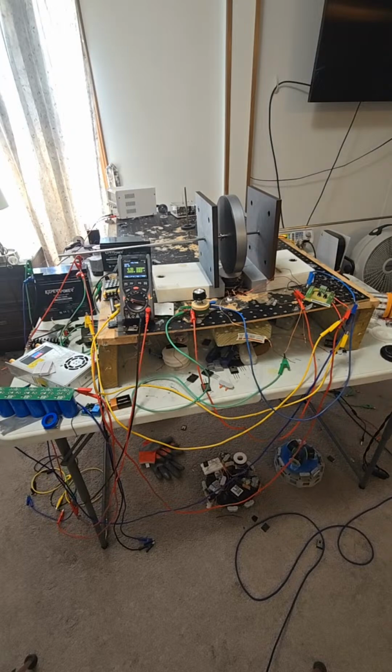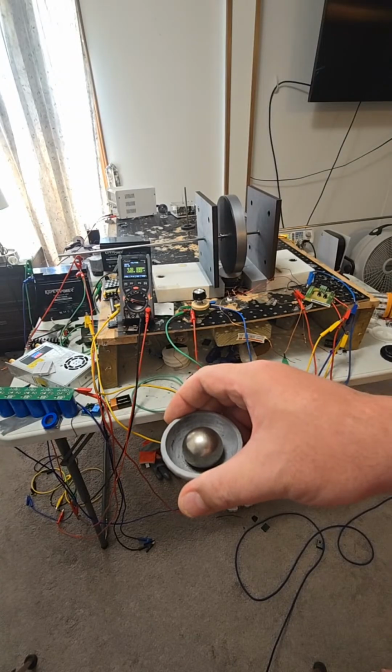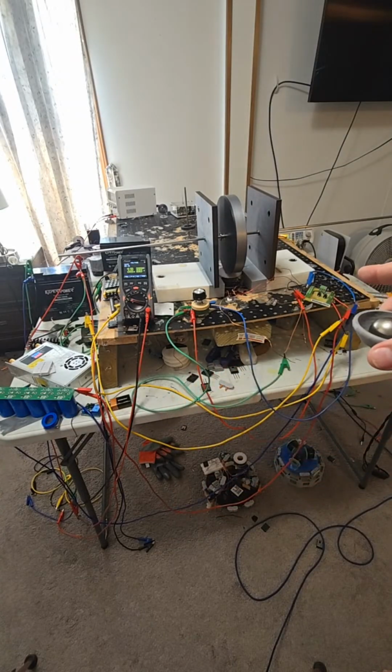Got another second. Yay! All right. So there's the neosphere. If I just place this on the coil that's underneath the pulse motor right now and spin it, you know what? Bro,